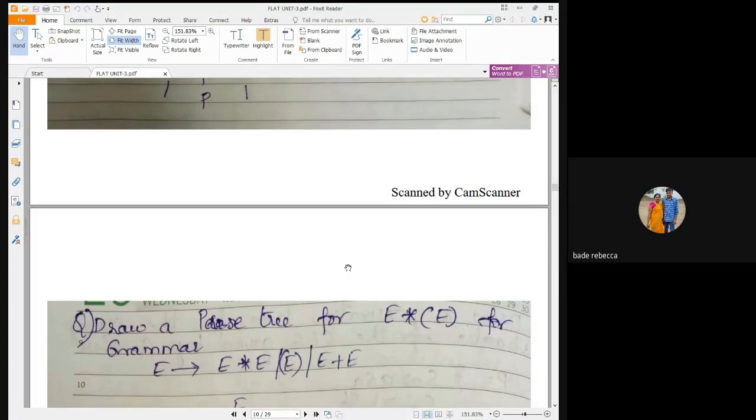To start with, which production rule suits the solution of this grammar? E implies E star E, E implies open parenthesis E close parenthesis, E implies E plus E. For the parse tree construction of the string E star, open parenthesis, E, close parenthesis, we will start with the first production rule, E implies E star E.